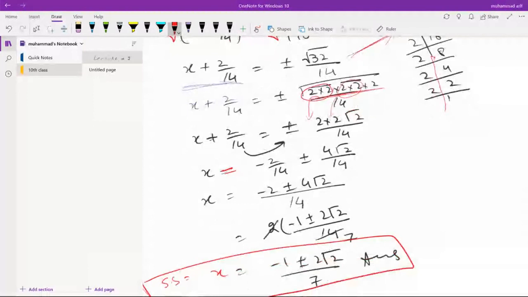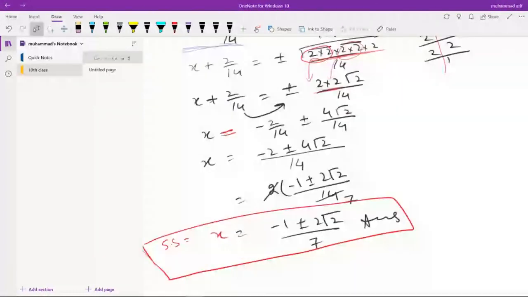We have 2 into 2 times square root 2 by 14, and 2 into 2 means 4. We shift plus 2 by 14, taking LCM, we have